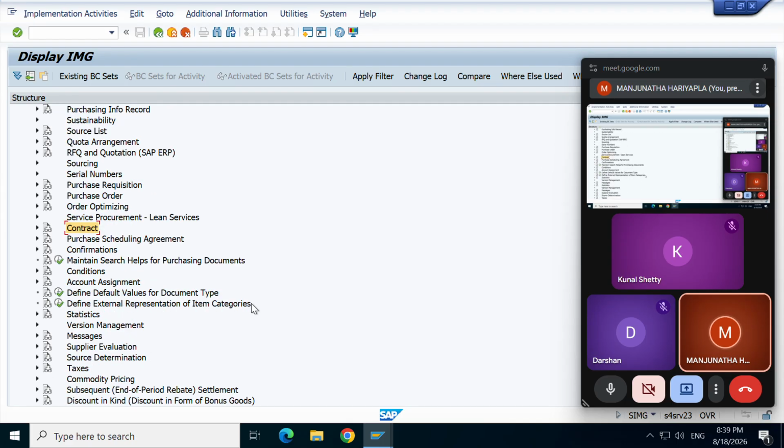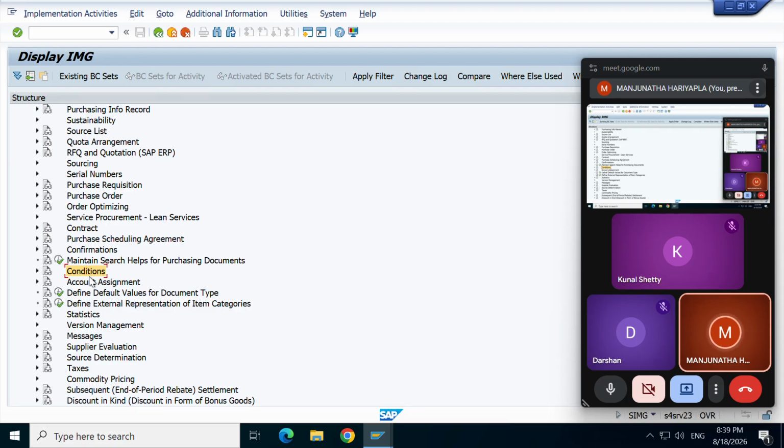Okay, so you have to touch all this, which are the things I did that I'm going to show. Okay, and coming to the condition, the pricing procedure. Whenever you create any PR or PO, the price will trigger with the help of conditions, like condition records, condition type, and access sequence,